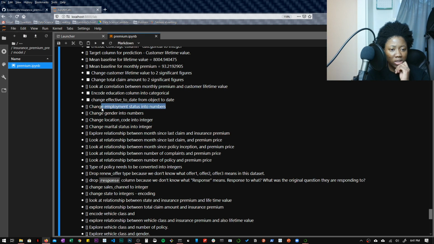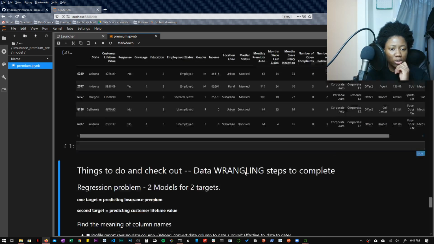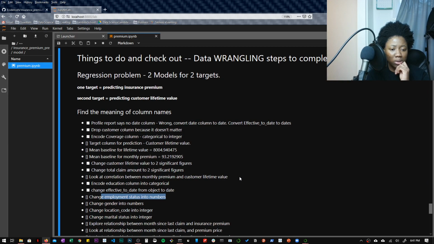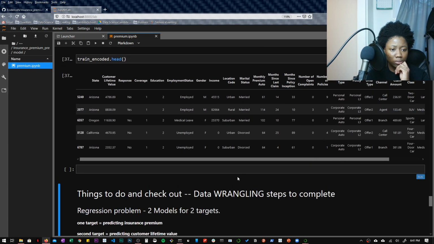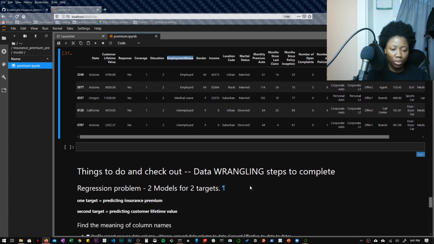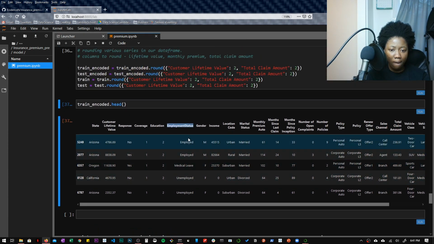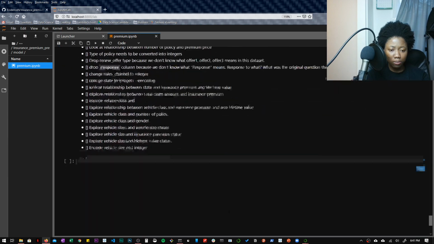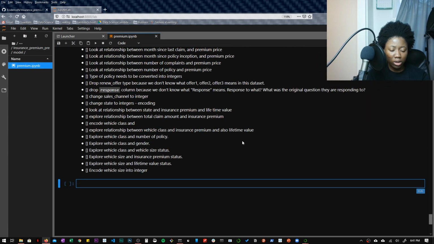So let's begin by changing employment status into numbers. So let's look at what employment status looks like. Employment status. That's how it's spelled here. Let's go ahead and copy that. And let's come down here and let's do